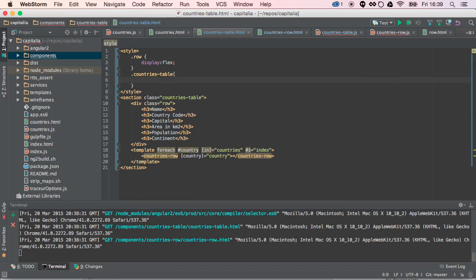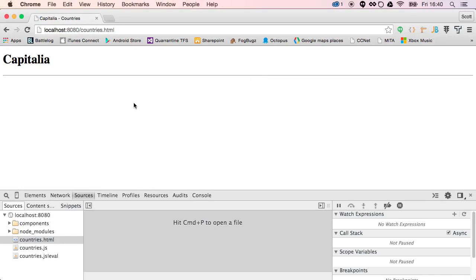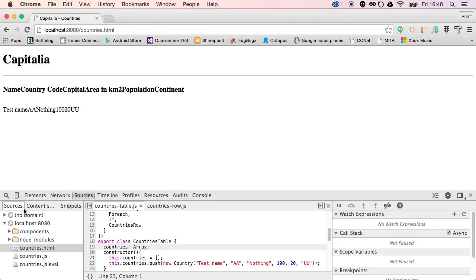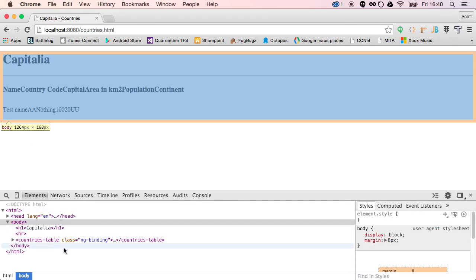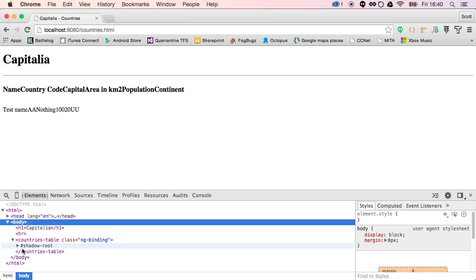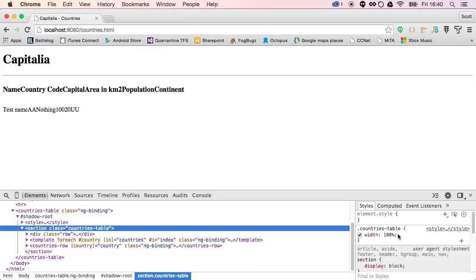And we'll say that it has a width of 100%. What does that do for us? Not much, or it didn't take it. Well, it does have that on there. With 100%,